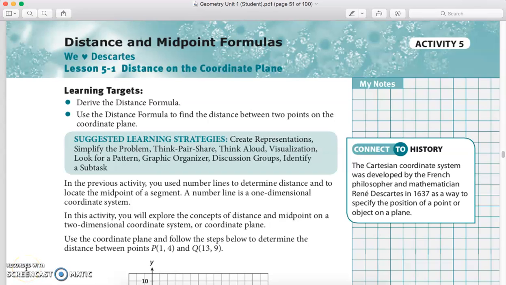Alright children, in today's lesson we're going to look at using the distance formula on the coordinate plane. First, we're going to look at how to derive the distance formula, meaning how do we create it, where does it come from, and then second, just using the distance formula. What the distance formula does is it tells us the distance between any 2 points that are on the